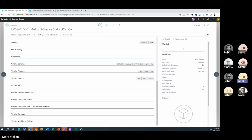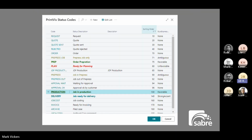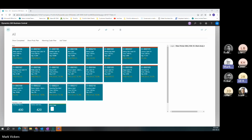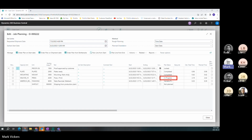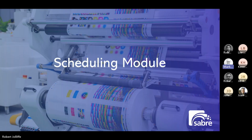Hi, Jill. Do you do anything with layouts when you're creating? Just give me 1 second. We can see a layout, but I do advise customers with this when I get into trainings. PrintVis is not a layout software. So what they found is